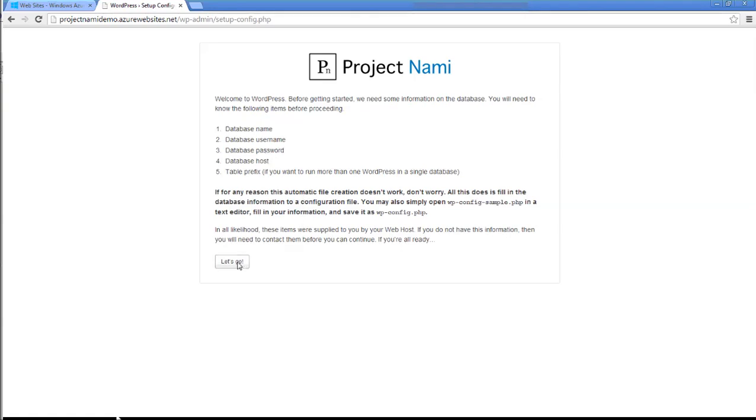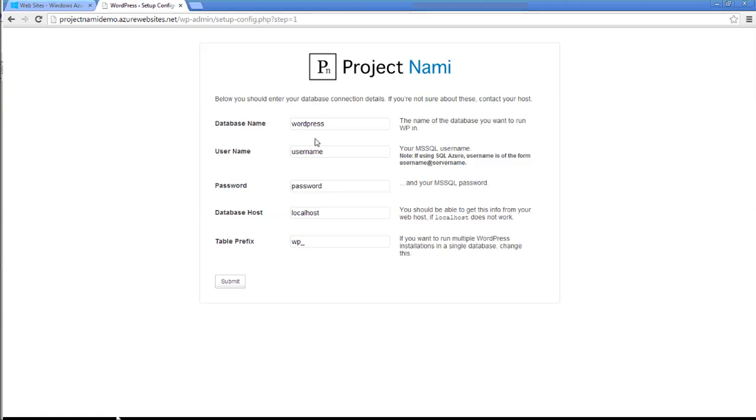Let's go ahead and click Let's Go to get started. Now we'll enter the database name that we created earlier, Project Nami. We'll enter the username for the database, and since we're using SQL Azure, we need to append the @ and the beginning of the server name. So we'll paste in the server name that we copied earlier and delete out the rest of the DNS. Now we'll enter the password that we set earlier,